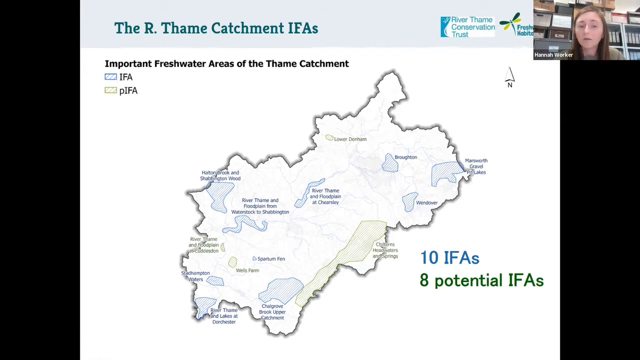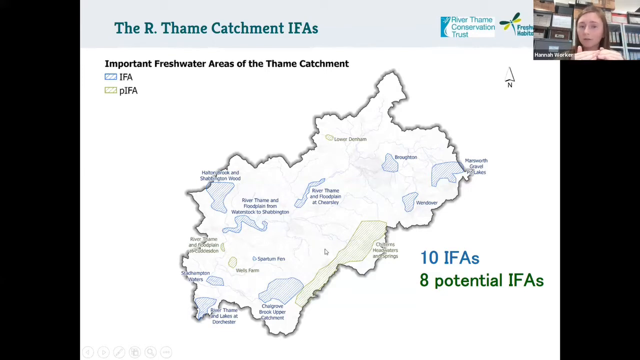So what became apparent from this is that the IFAs aren't particularly one type of habitat. It's such a range across this whole catchment. You really do have a mix of everything. So that was really nice to see. What you can see on the map here is that places that meet those criteria are designated as the IFAs,